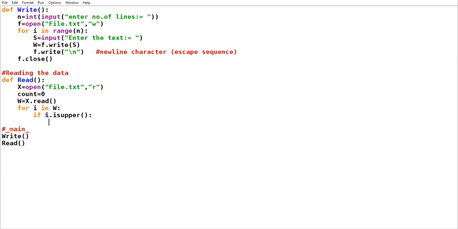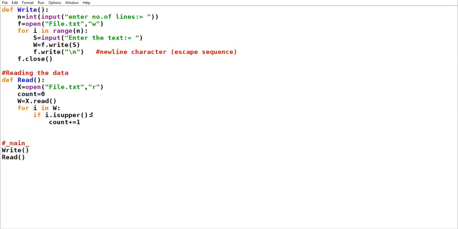The character it is reading, you are checking whether that character is in uppercase or not. If it is, increment the count variable. If the character that you have read is in uppercase, ABC, count variable gets incremented by 1.